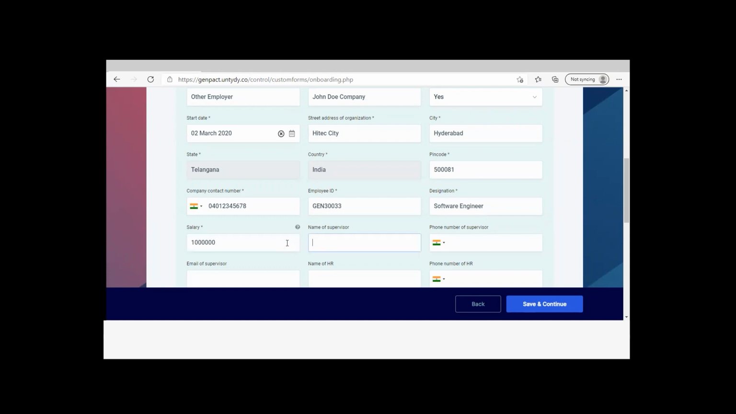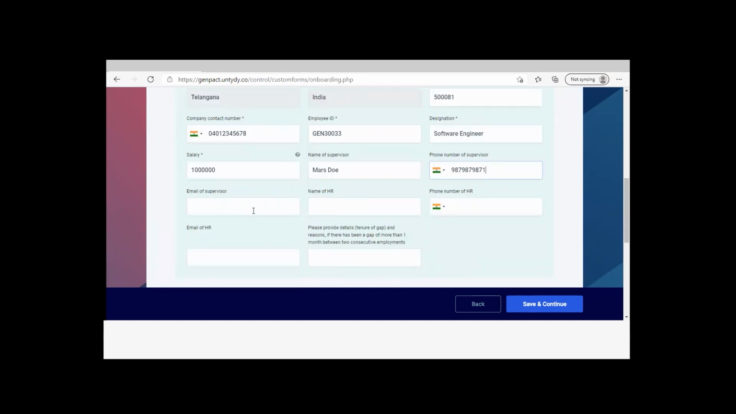name of your supervisor, supervisor's number, email of the supervisor, name of the HR, HR phone number, email ID of the HR,